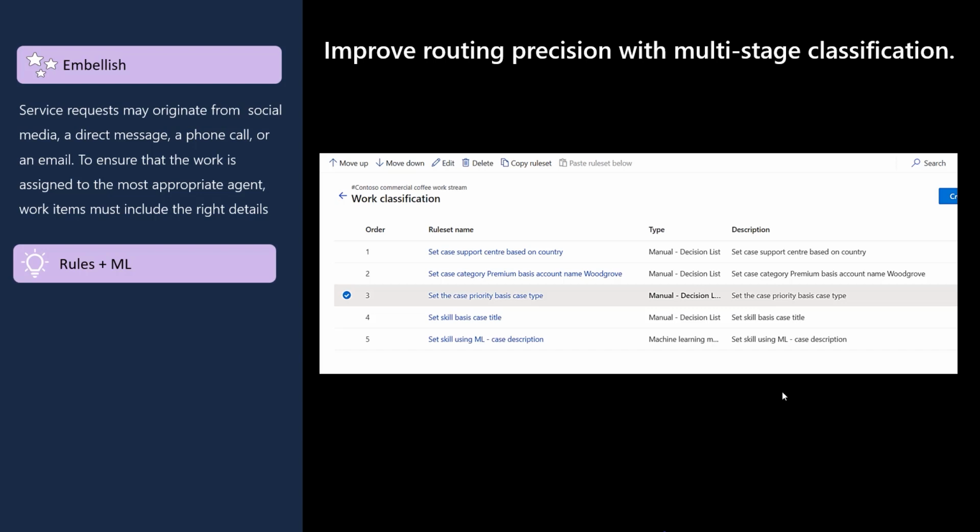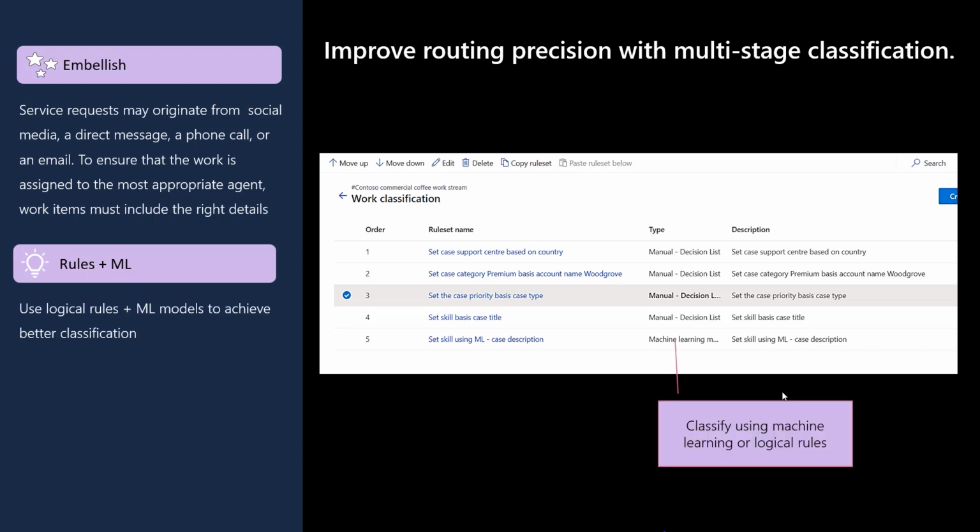The rules are not only logical but also powered using AI. The intelligence aspects we will dive deep into later. But the idea is you can use logical rules and ML models together. AI will allow you to condense an infinite number of logical combinations behind ML models and use historical data to classify the